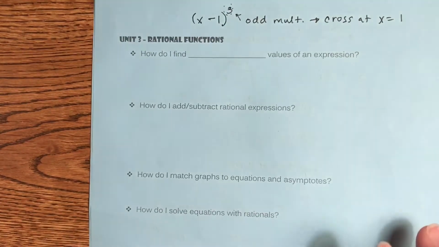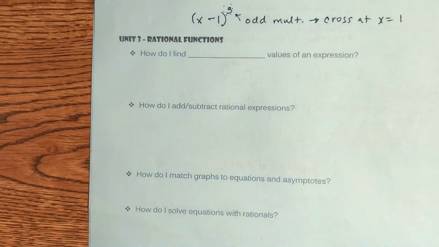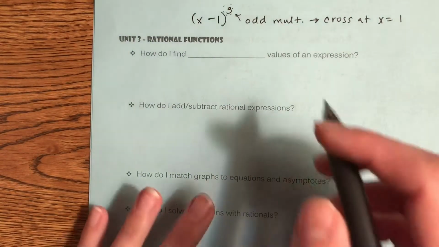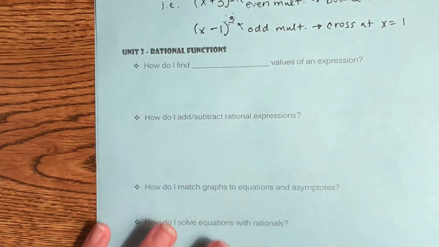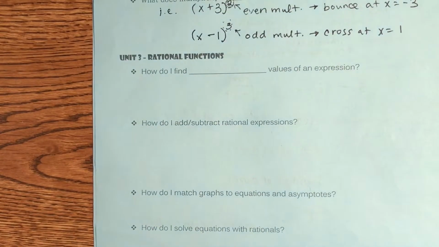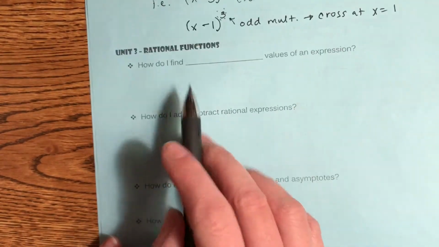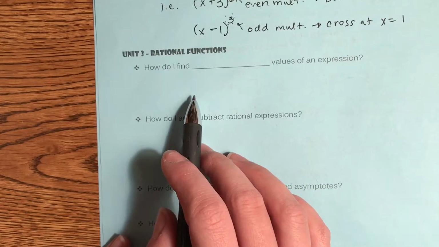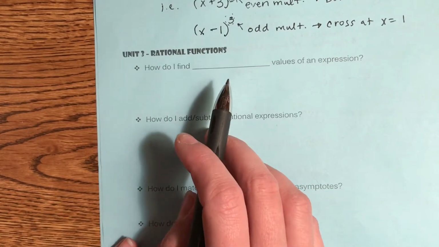All right, let's summarize Unit 3. This was a shorter unit about rational functions. Rational functions are the ones that have the variable in the denominator. So the first thing we looked at was, when you have a variable in the denominator, you have some